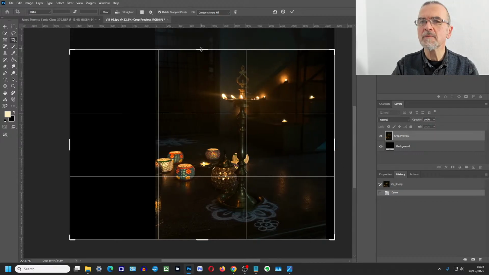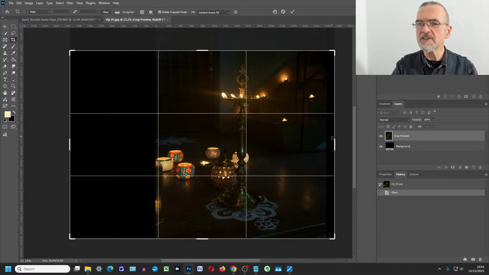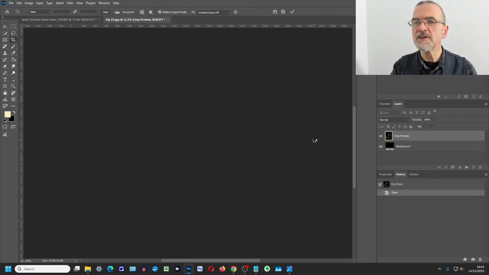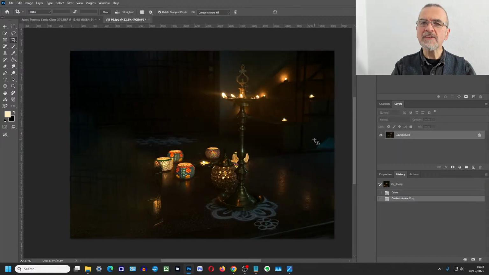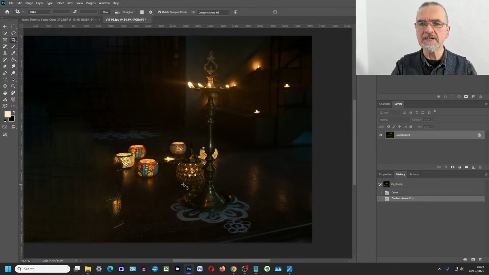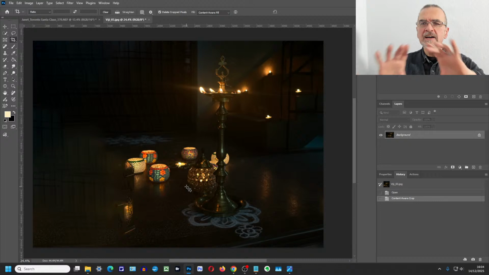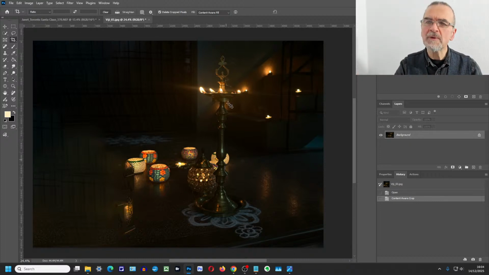But I think something like this, if you've got more lights on this table here and you pull that out, something like that. Now what I'm going to do is just do content aware fill, which is going to absolutely murder this. Yeah, it's not really worked. What I was hoping for is to get more lights. But if you have more lights coming over here, hopefully what I'm really trying to get across is the idea of it.